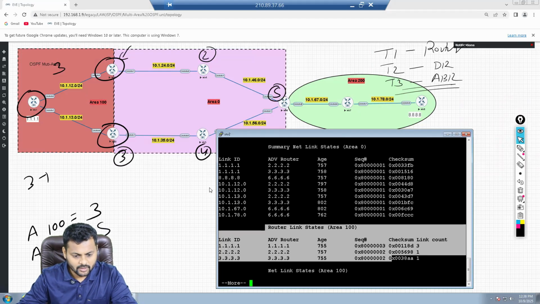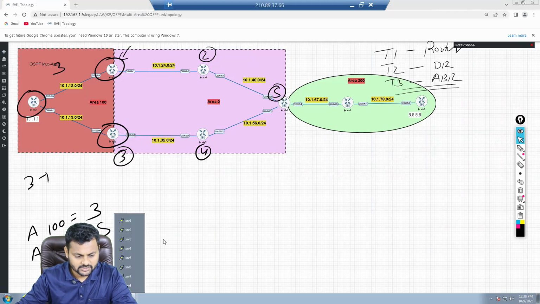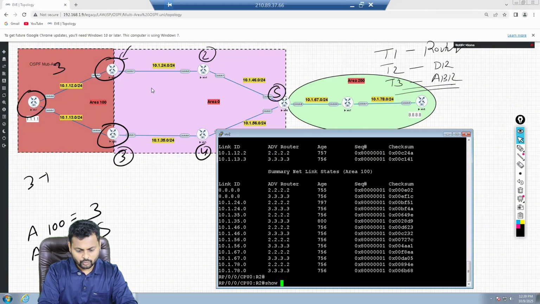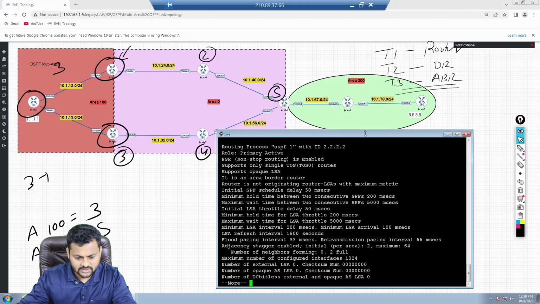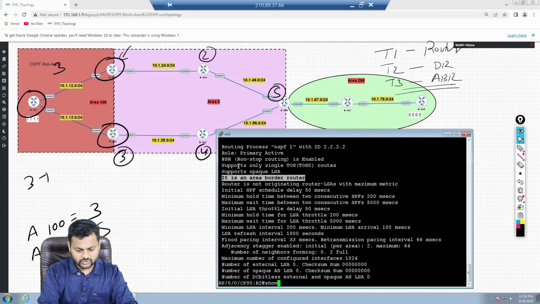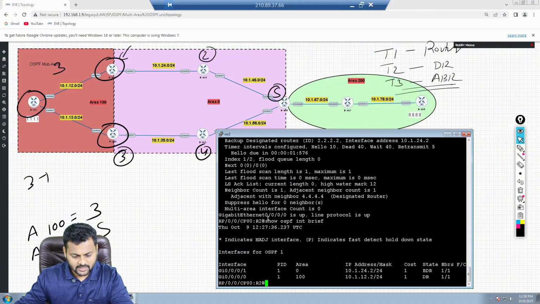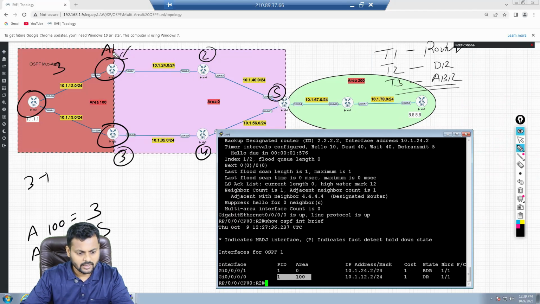Now you can also verify on router number 6. Before I move to router 6, I want to show you that this router is my ABR. Now we can look at this router and put the command show ospf, and you can see that this router behaves like an ABR. Why is it behaving as an ABR? Because one interface belongs to area 0. So if you put the command show ospf interface brief, we can see that one interface belongs to area number 0. This interface Gig0/0/0/1, and Gig0/0/0/0 is area number 100 right now. So eventually this router will become the ABR.